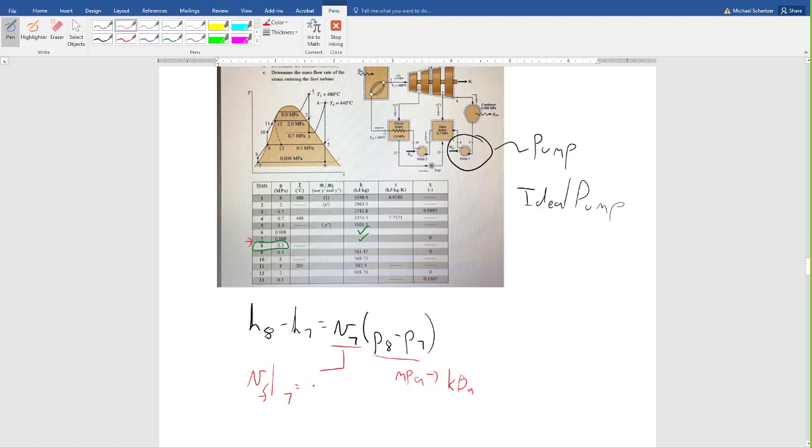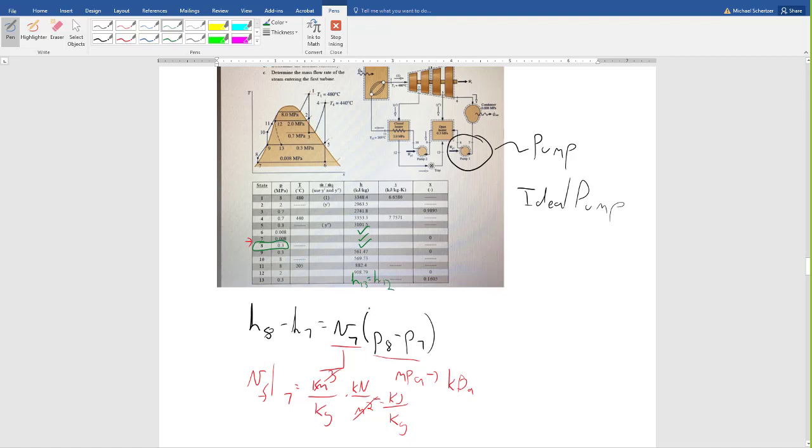because V7 is going to be in meters cubed per kilogram, right? So I want this in kilopascals, right? Because that's kilonewtons per meter squared. And then I've got kilonewton meters per kilogram, which is kilojoules per kilogram, right? So watch your units. That's the other thing. So people sometimes forget to use this equation. And then even if they remember to use the equation, they forget to check the units,